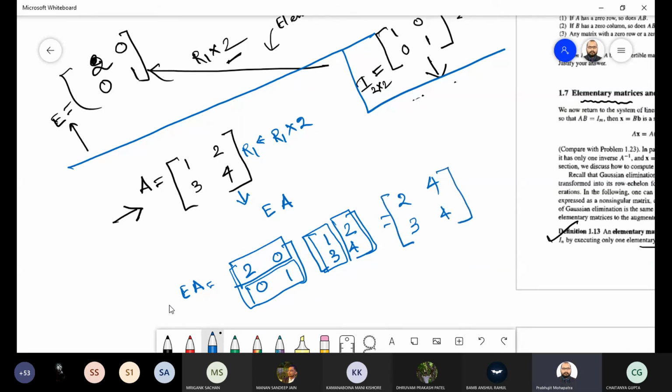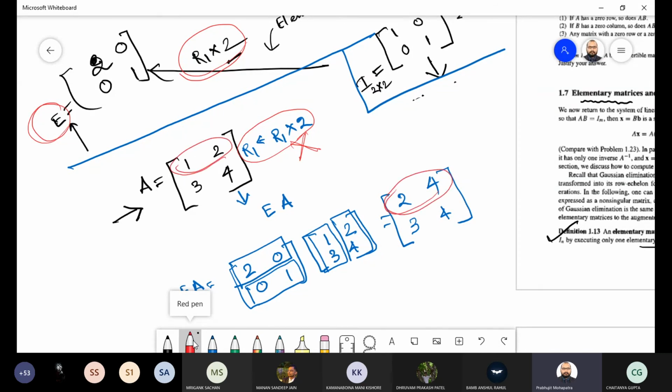See what happened? We have not done any row operation. We have only multiplied by these elementary matrices where 2 has been multiplied. The same thing has been done. We are not doing this operation, still you can see row 1 has been multiplied by 2. Observing or not? Yes, sir. See, another example also I am giving you.